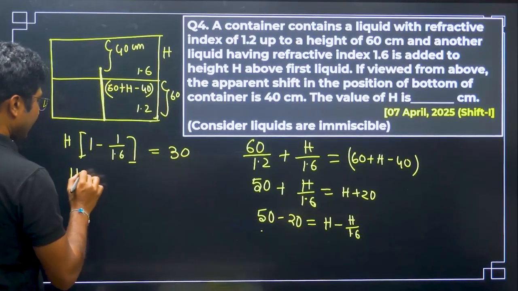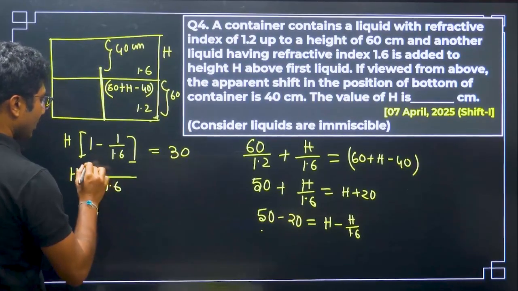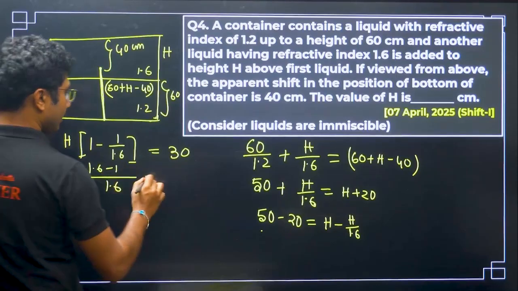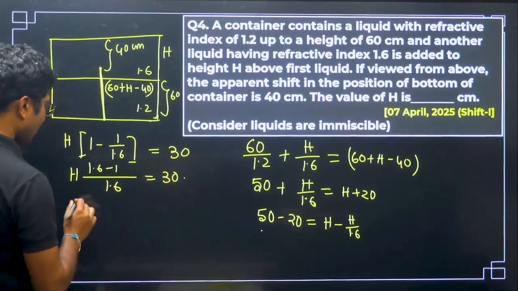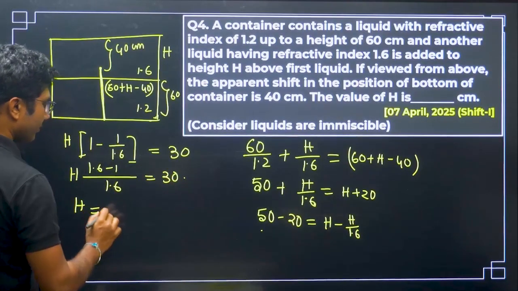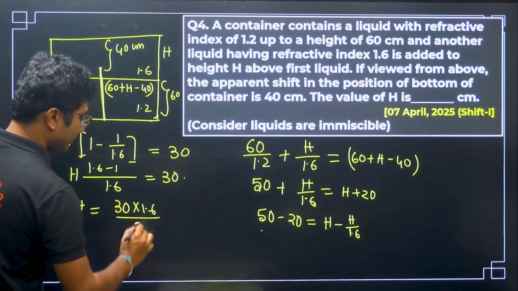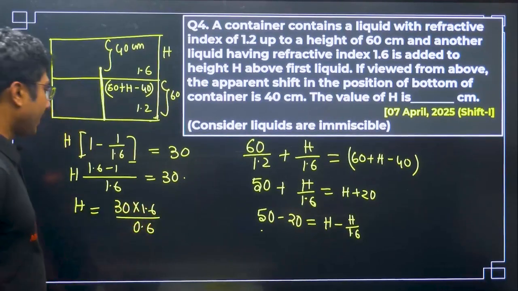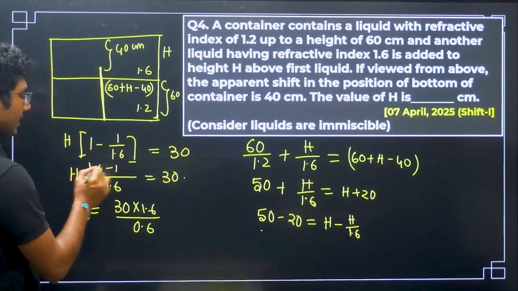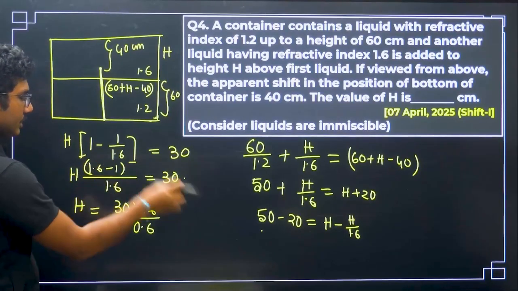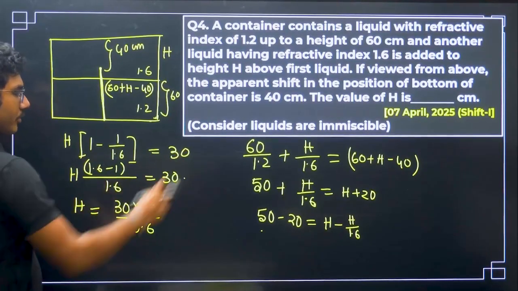So you will get h divided by 1.6, 1.6 minus 1 equals to 30, or h equals to 30 into 1.6 divided by 0.6, right. This is 1 minus 1.6, this is 0.6. So 0.6 will come in division, 1.6 will be multiplied,